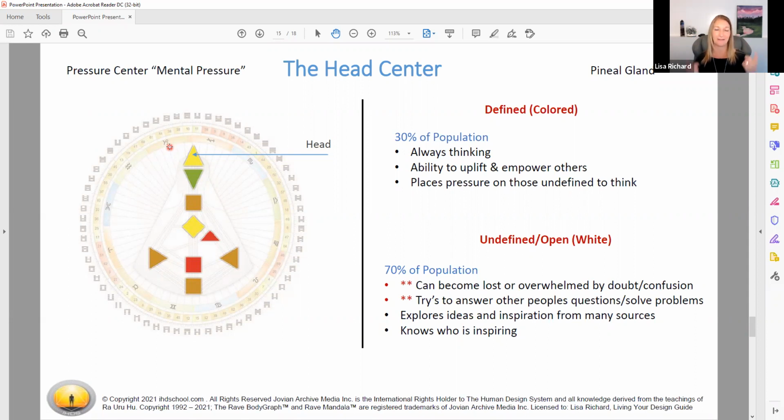So to be aware of the energy that's causing that can make you take a little bit of a step back, can have you pause and consider, does that matter to me? Do I want to put my energy there and help them to find an answer? Are they even asking for an answer? Because a lot of times if you're in the environment of somebody with that defined head center, they're just expressing ideas. They're not wanting anybody else to find the answers. They're just sharing what is coming because they constantly have things coming and they're just getting it out.